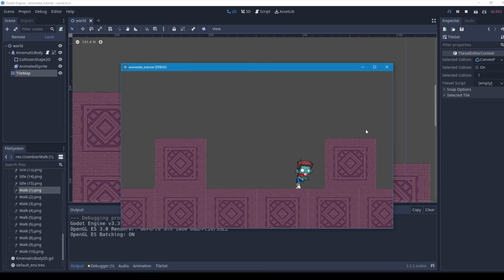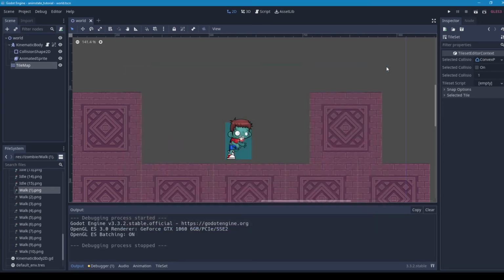There. Okay, so now we've got him walking like that, and he's flipping. So now we need to set up the anim states so that he will not just walk but also do the attack sequence. So let's go back to the script,